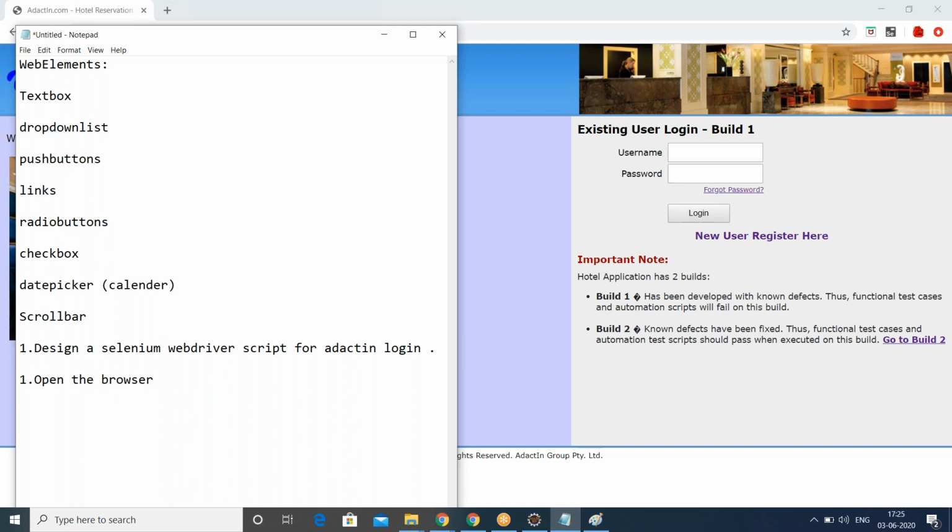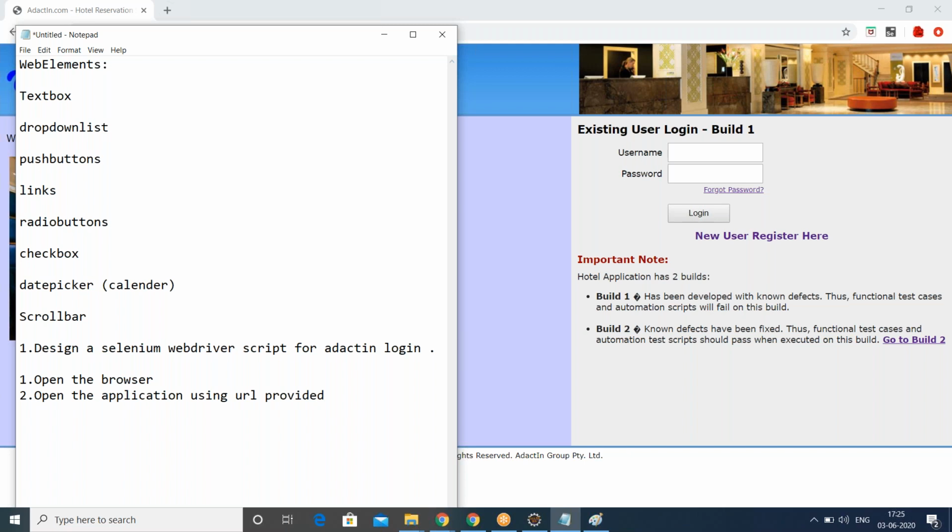Right, so first you should open the browser. Then open the application using the provided URL.